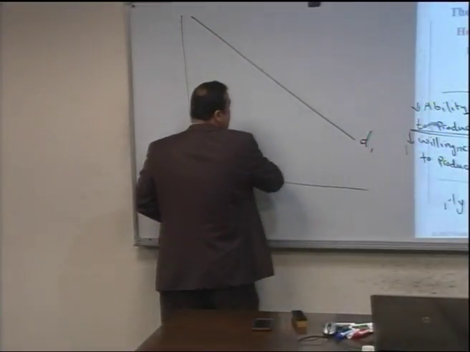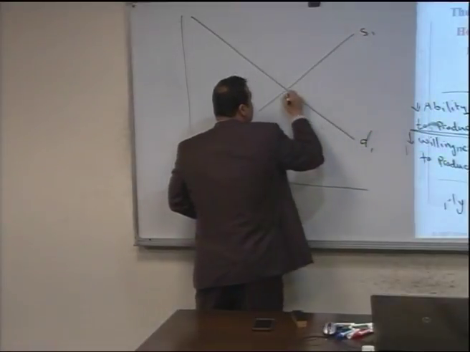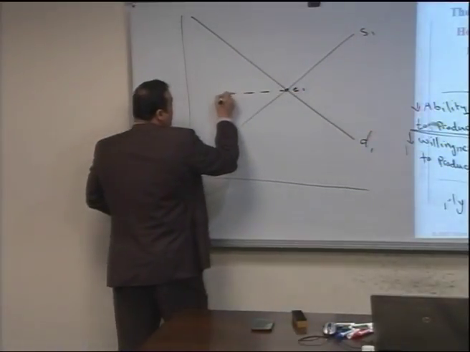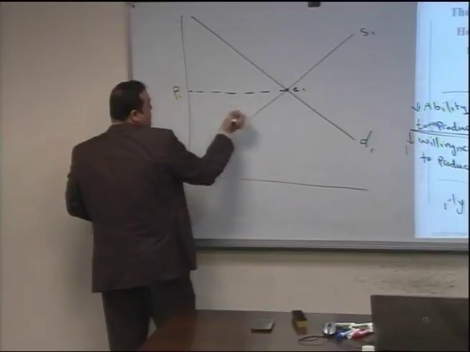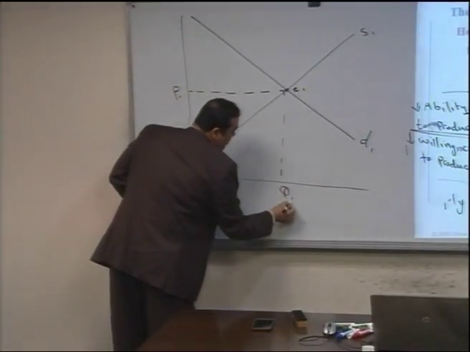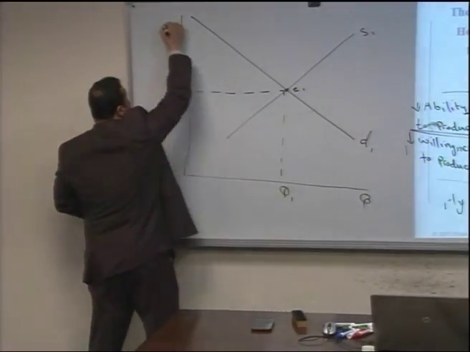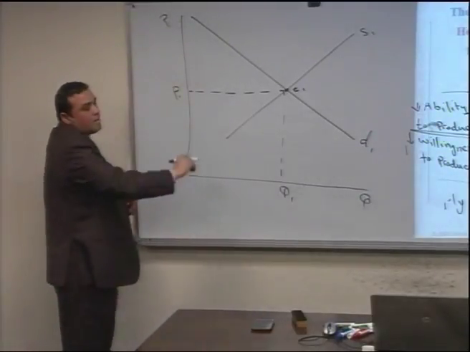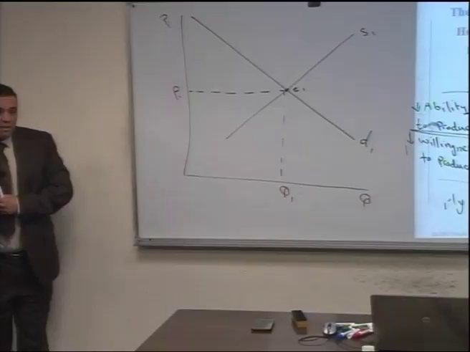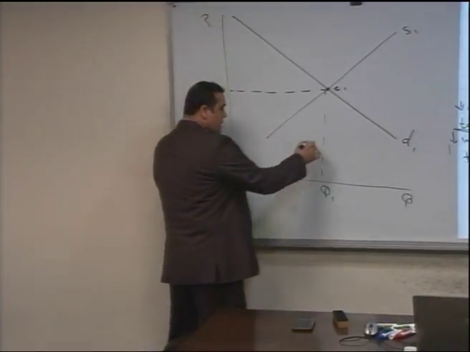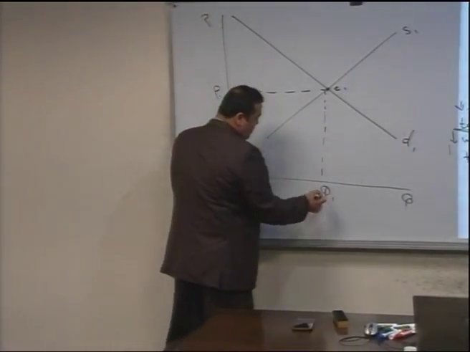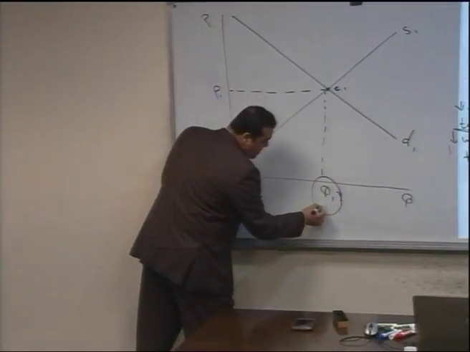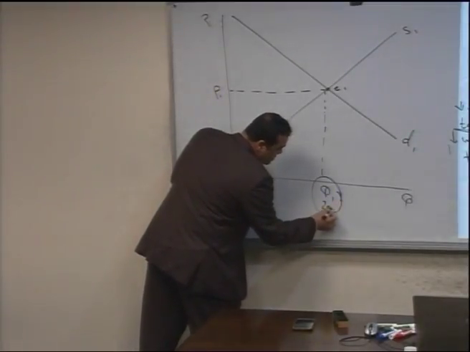Demand one, S1, E1, price one, Q1, Q and prices. The number of people who are vaccinated or medicated equals 200,000